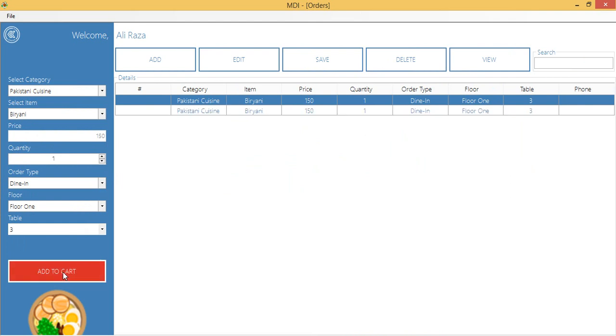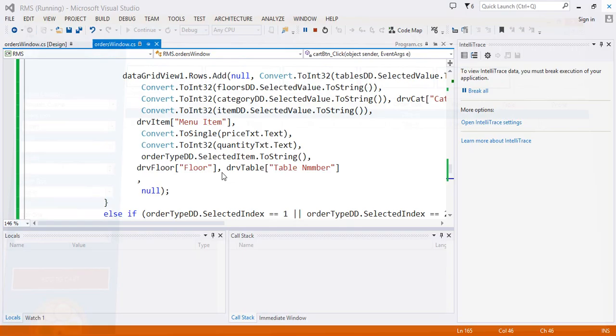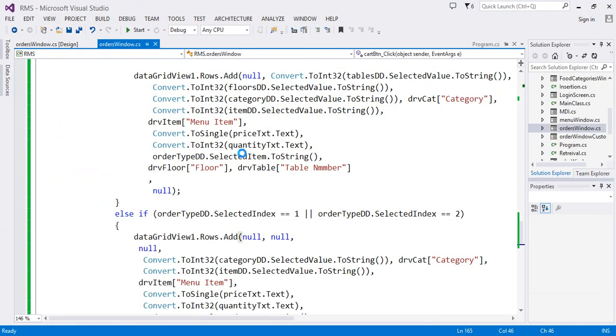When I click here, it will be added again. So once the dish is added as one particular item, it cannot be added once more. Instead the quantity will be updated when we edit the order after placing the order. So you have to be careful with that. Right now you don't have to add another biryani or another item directly when you click add to cart. So how can you check that? Let us